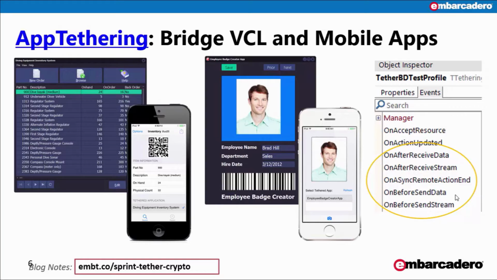RAD Studio XE8 introduced these four new intercept event handlers to the tethering app profile component to intercept the data or stream, allowing you to add custom encryptions to the data or stream before sending to app-tethered connected apps, and then use the intercept event handlers to decrypt the data or stream. The four new event handlers are OnBeforeSendData, OnAfterReceiveData, OnBeforeSendStream, and